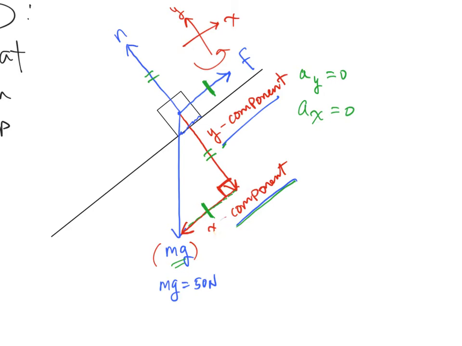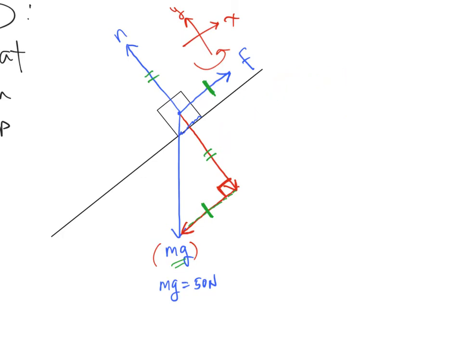And to do that, first I'm just going to try to clean up the picture a little bit. How could I figure out how much of this 50 newtons, if 50 is the hypotenuse,